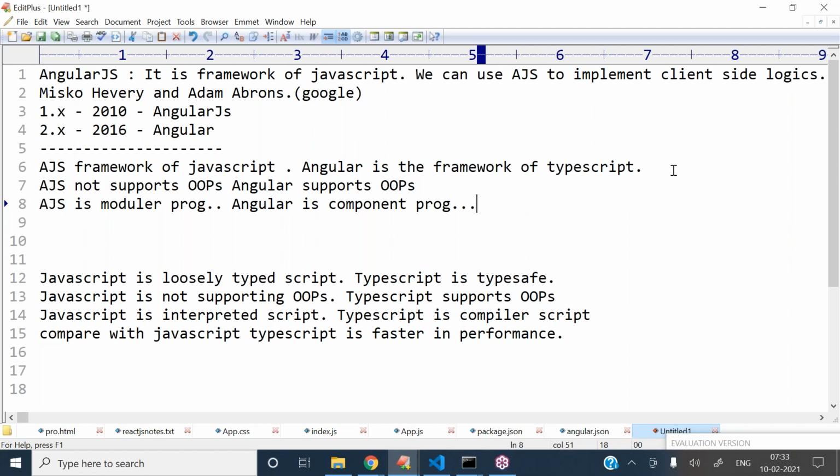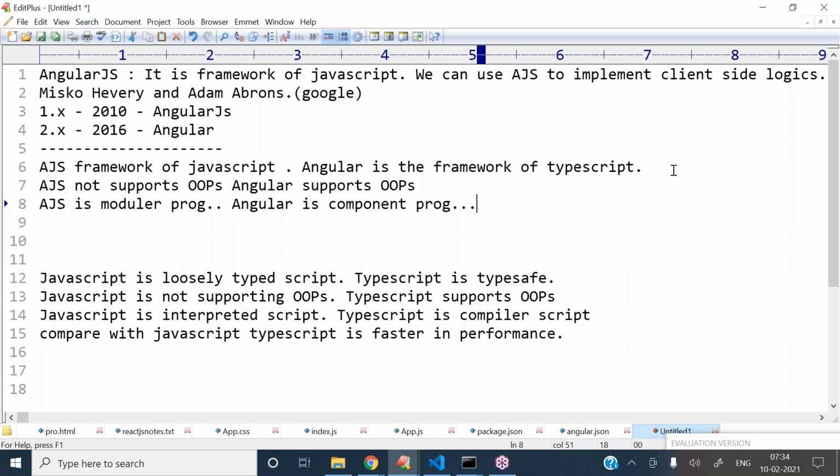Is this clear? Yes. So here, AngularJS is working based on JavaScript only. JavaScript is not supporting object-oriented programming concepts, that's why AngularJS is also not supporting that one. Next point, JavaScript is not supporting data types.